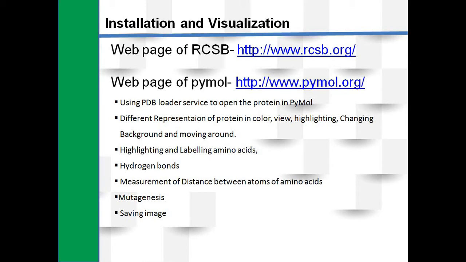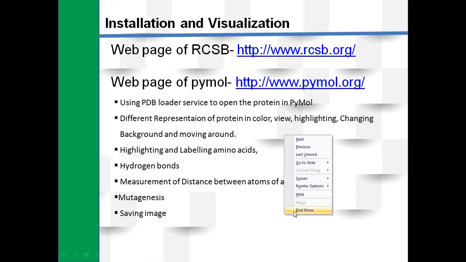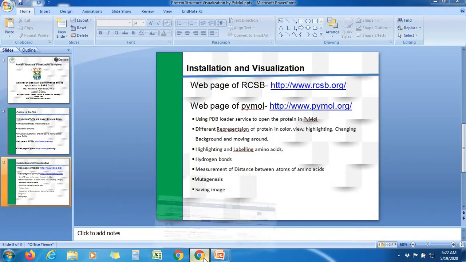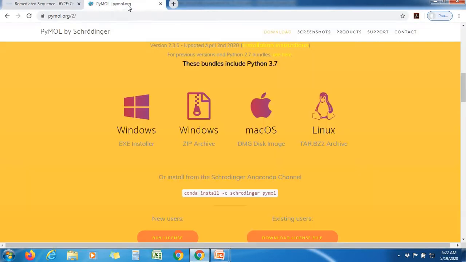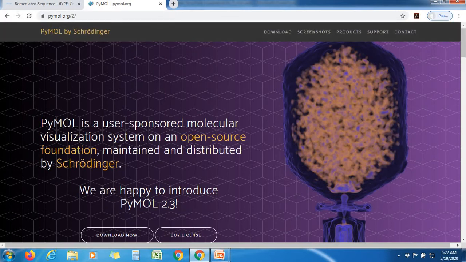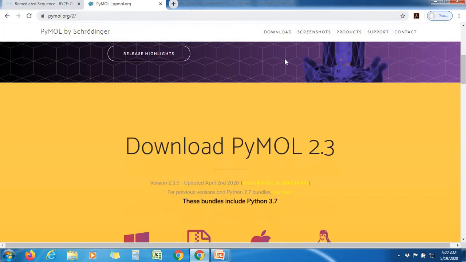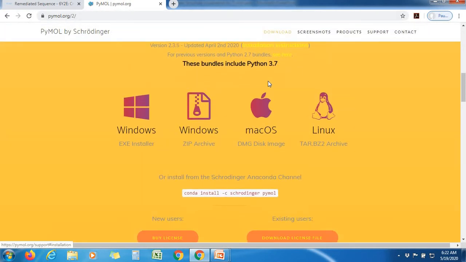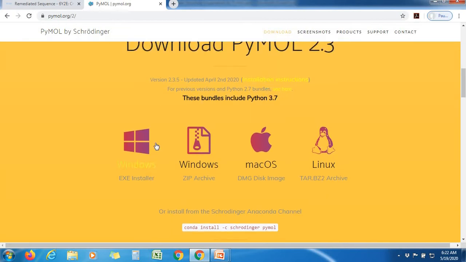Now let's go to the web page of PyMol. If you open the PyMol website, it will open up like this, and then you can download here. The freely available versions are also there.